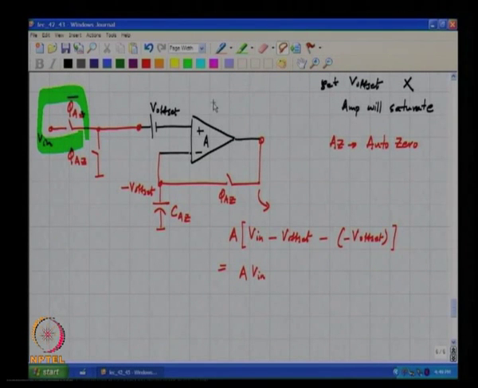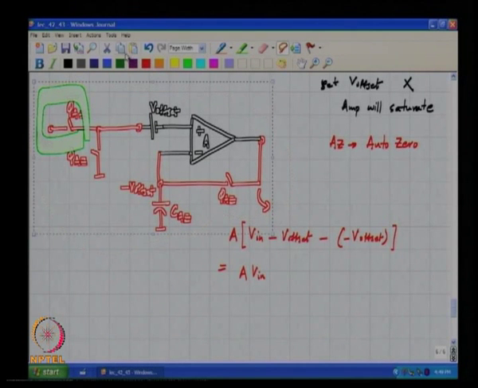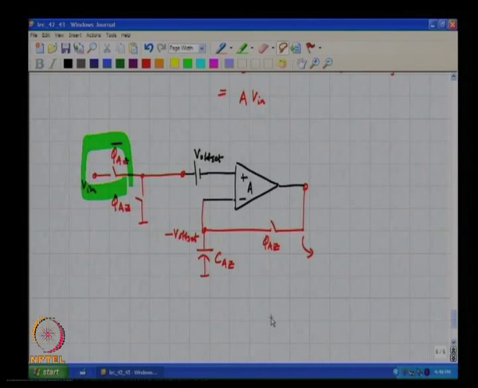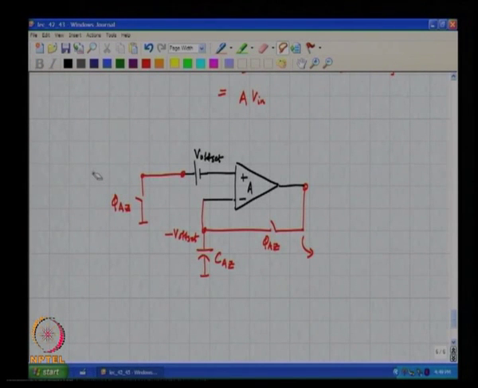So, another alternate way of doing this is to say I am going to short this to ground even during phi AZ bar and apply the input during phi AZ. I am going to connect this to ground and during phi AZ bar I am going to connect this to V in,